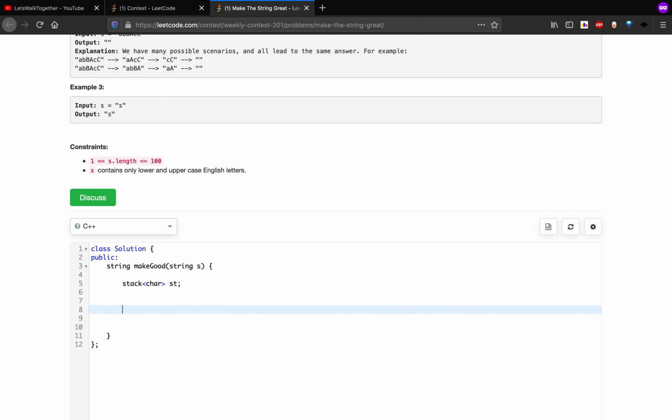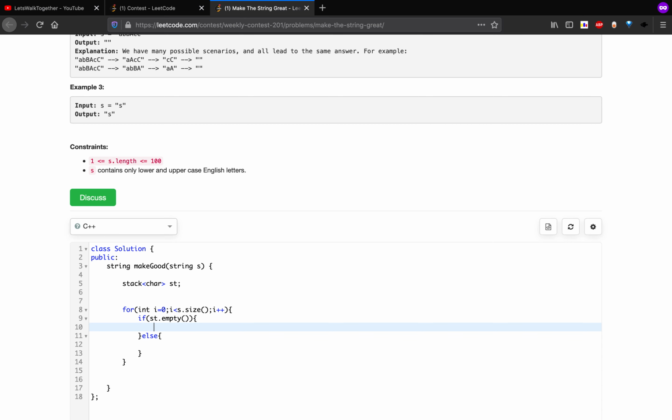So we can implement this by taking a stack of characters, st. Now we iterate on the string from left to right, and we have two conditions. First, if the stack is empty, and second, if the stack is not empty. If the stack is empty, then we don't have to do anything, we just push the current element into the stack.